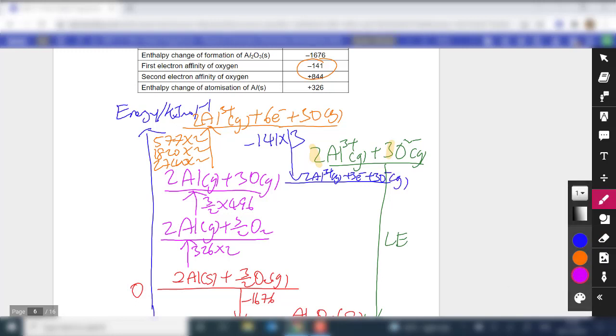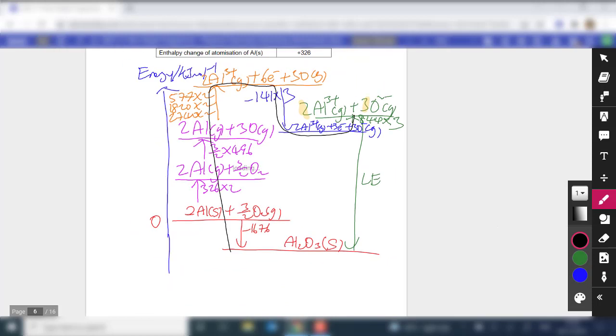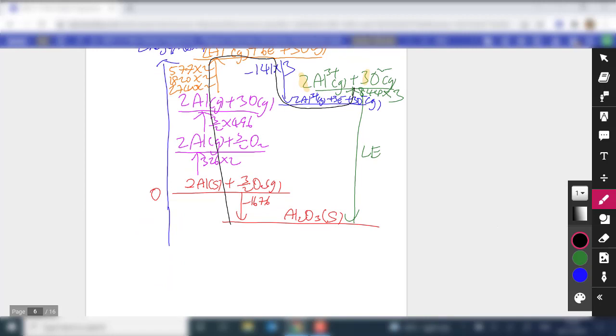Then we're going to go up. And this is the second electron affinity, so that will be 844 times 3. In that case, we're going to do the same thing. Lattice energy, we're going to go down, go up, and then all the way down. You can punch your calculator and see if you can end up with the same answer as me. So that lattice energy is therefore equal to negative 844 times 3,